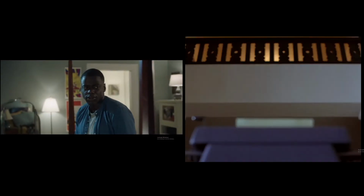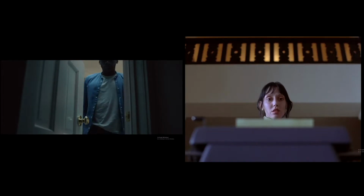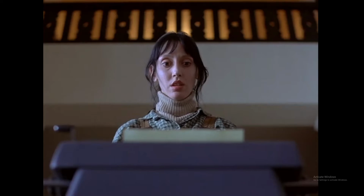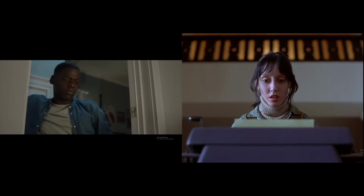The first similarity is in the camera angles. The very first shots of the scene, we have a low angle shot where we can't see what the character is looking at, but we can see their reaction. For The Shining, the camera's behind the typewriter, and we can see Wendy slowly walking towards it. And for Get Out, the camera is in the closet cubby thing, and we can see Chris approach the unknown